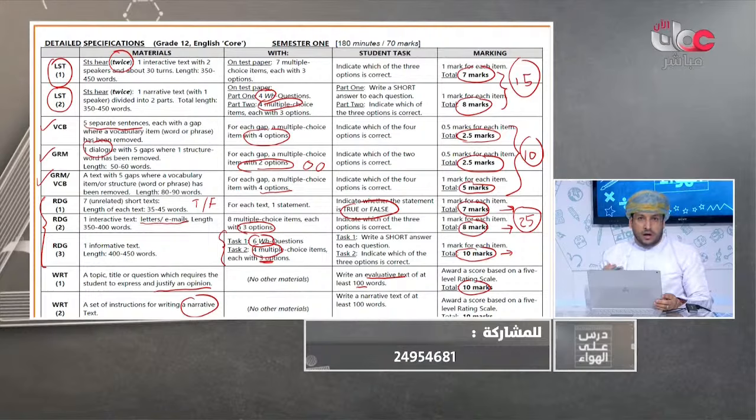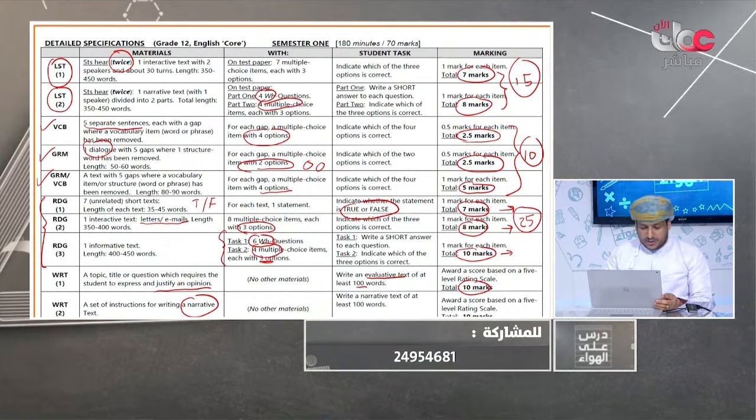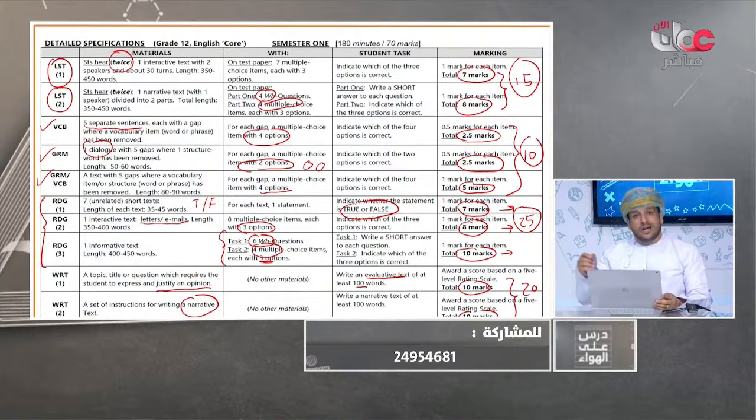You have experience writing all of these. You are familiar with writing a story, so all sentences will be in the past, and you write the sequencing words and the events. Writing number 2 will also be worth 10 marks. The total is 20 marks, so those are the marks out of 70.